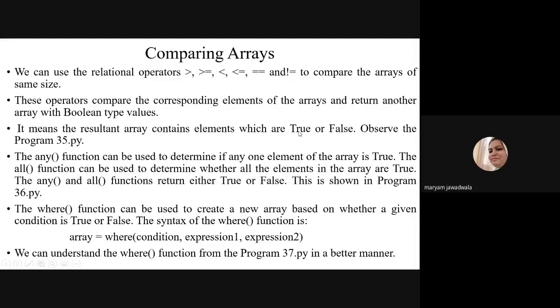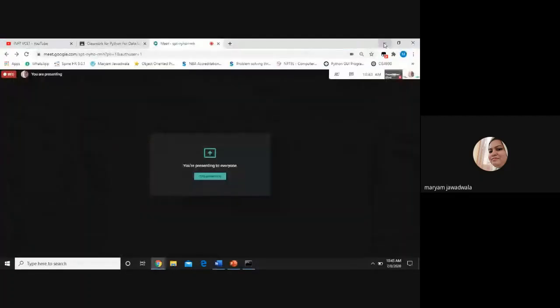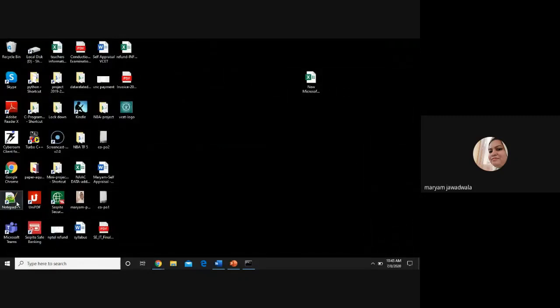We can observe this using a program. I already wrote one program for comparing two arrays. The name of the program is 35.py. Let's jump to the program. Every program I write using the Notepad++ editor, so we'll move to the Notepad++ editor here.